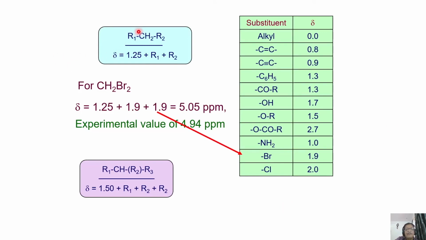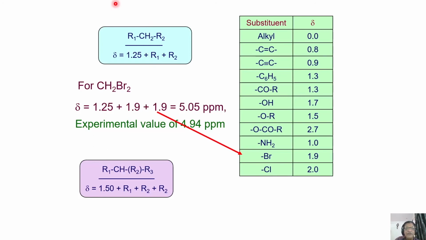I am considering the example of CH2 protons. For the CH2 group, there are 2 protons here, and R1 and R2 are the substituents on either side. If this is the type of molecule you have, and I am looking for a CH2 group with a substitution on either side, then according to Schuller's rule, the base value for this is 1.25 ppm. That is the base value. And for this, the effects of R1 and R2 have to be added up. Then you know the total chemical shift for CH2 protons. Did you get my point?